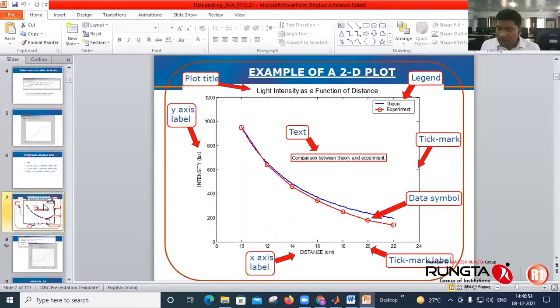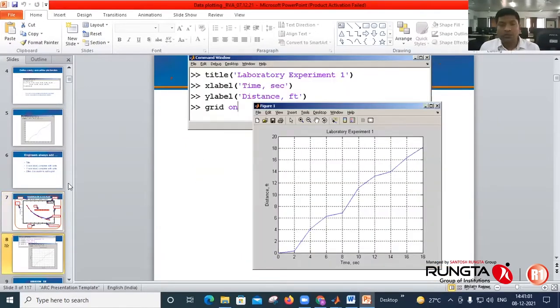Okay, again you have to label it. So there are different ways to label it. We have seen one of them. To give a title, just type title and in brackets, in single quotes, give the title for your plot. You can also add x-axis name, y label, x label, and y label. So these are the syntax of putting x label and y label.